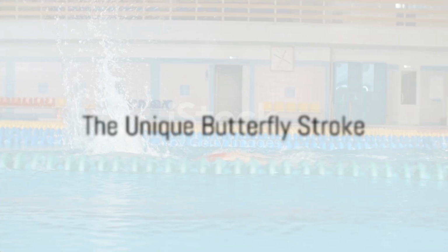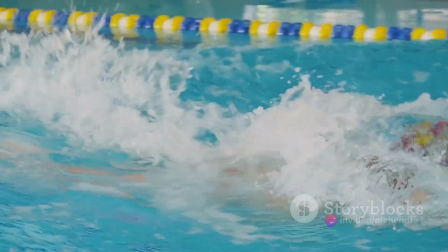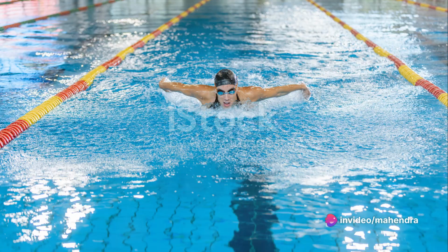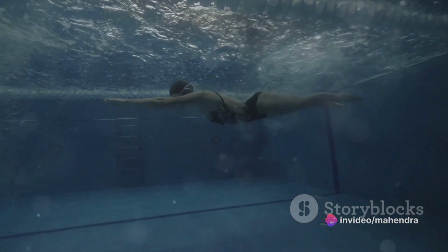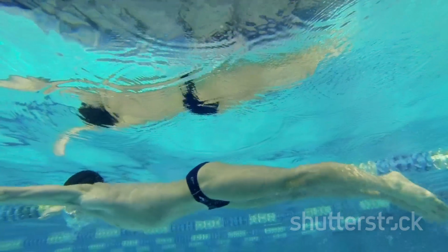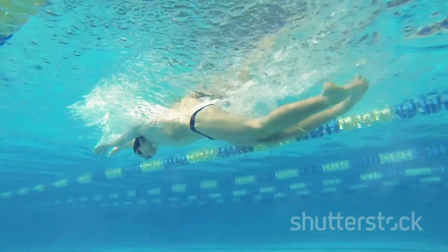As we move forward in time, we come across the butterfly stroke. This stroke, used only in competition, stands out due to its unique arm action. The arms are brought forward above the water in a windmill fashion, moving from back to front. The legs are kept together and thrust down in a double rhythm, matching the exit and entry of the hands